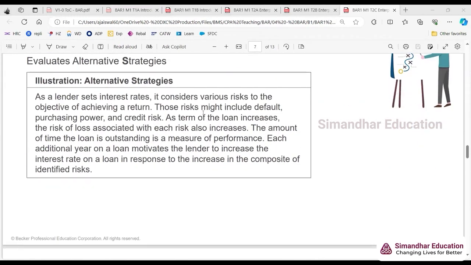So let's go through an illustration of a lender setting their interest rate. Lender means who's giving the loan, like a bank, right? So they are giving the loan, so they will have to set the interest rate. Now they don't know what is going to happen in future. So they will look at it right now, estimating what all can be the risks that we will have to take. Based on that, they can increase or decrease the loan depending on which buyer is coming.